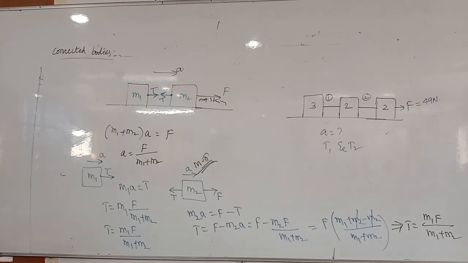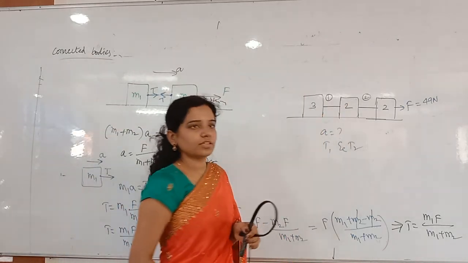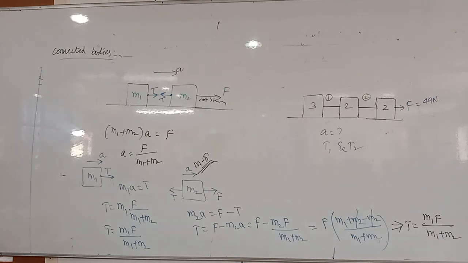I said one logic for the normal reaction. What did I say, the last shortcut method? Consider the entire system as one block only. First of all, whenever you are finding T2, at that time consider these two as one block. Then finish. It will be finished. Without any time only you can get that answer.